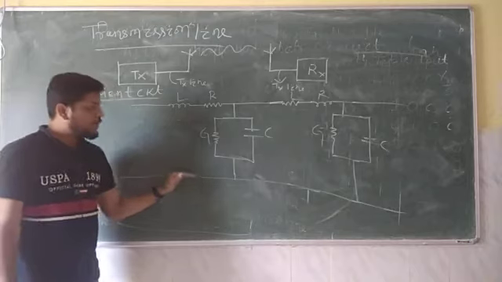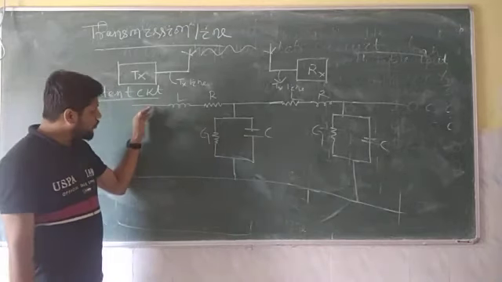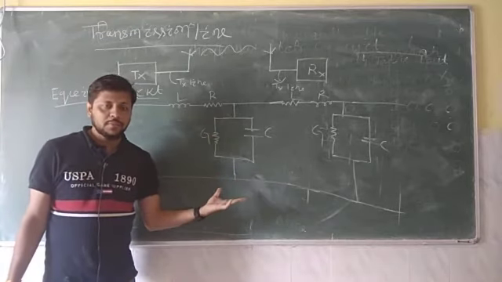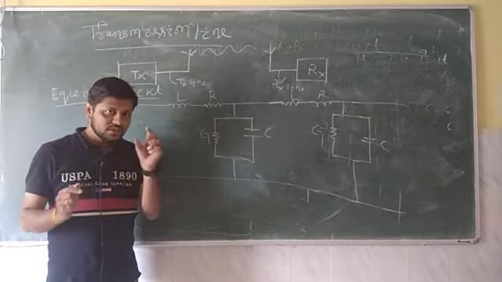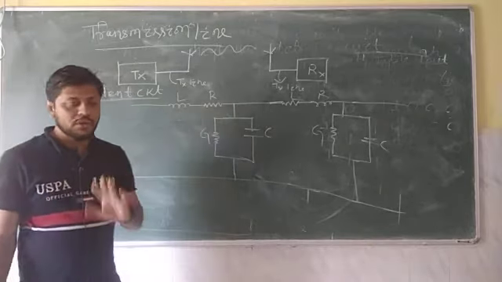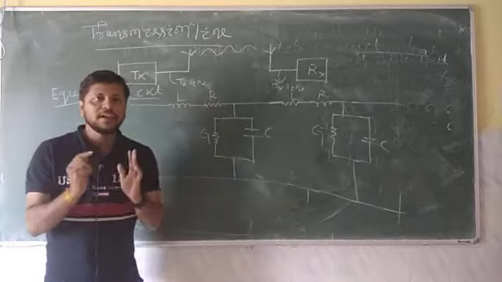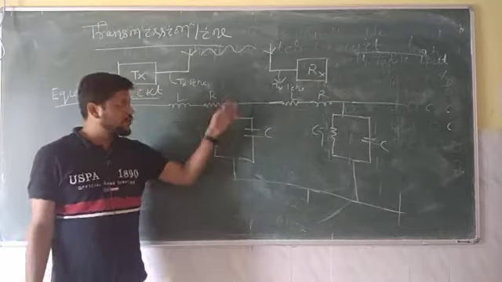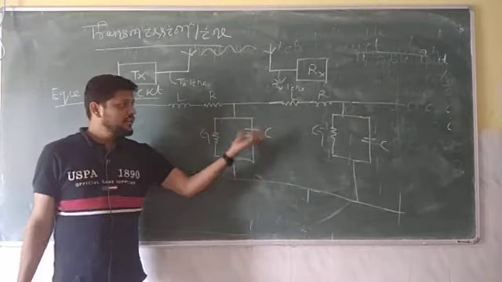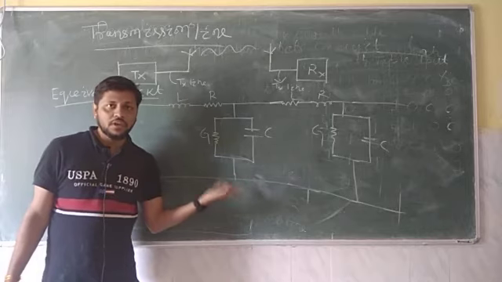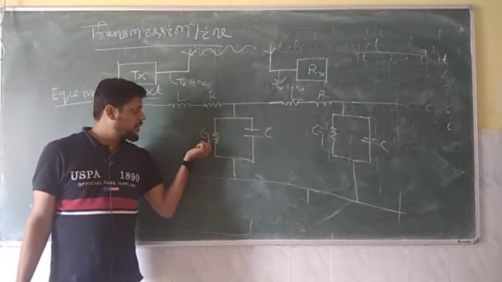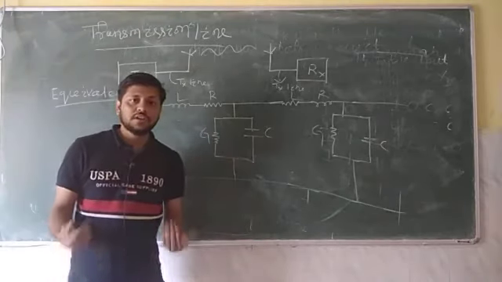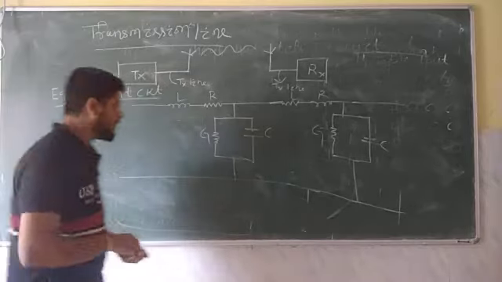So I have drawn here a two-wire transmission line. This two-wire transmission line is separated by some dielectric. For example, in a capacitor, we have two plates and some insulator is inserted between the two metallic plates. This insulator or dielectric separates these two wires, and since some losses occur in this insulator, this is represented by conductance. Here G is the conductance and C is the capacitance of the dielectric.